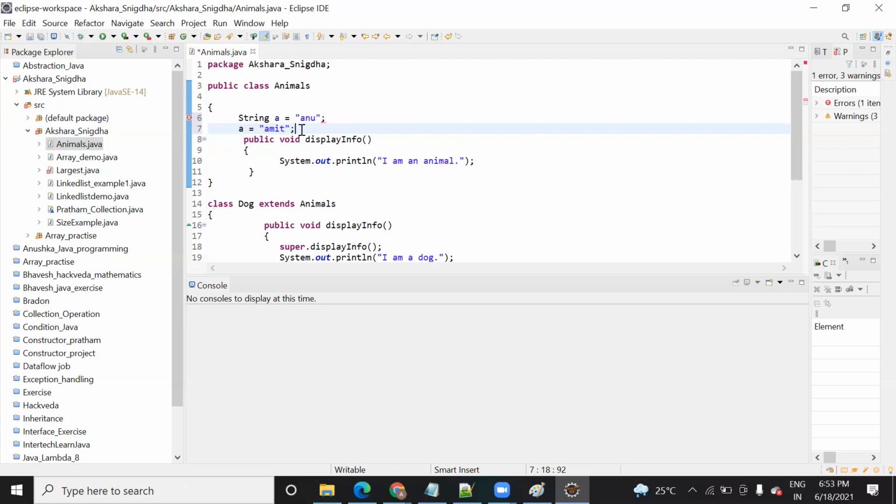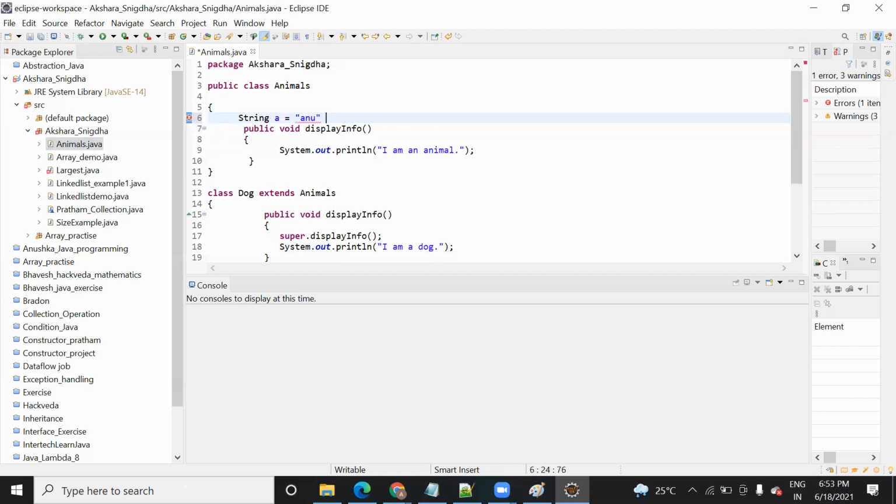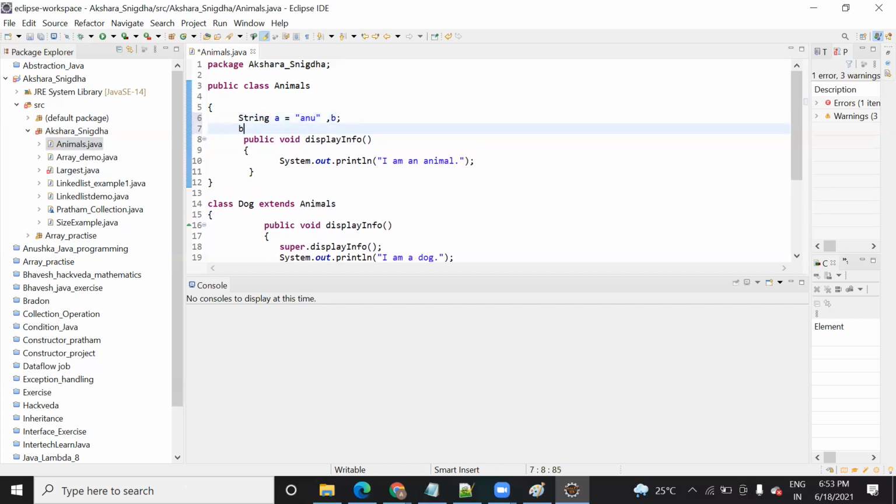Okay, so you can't reinitialize a value. And if you do like this also, it will still give an error. Why? You are trying to initialize a string.